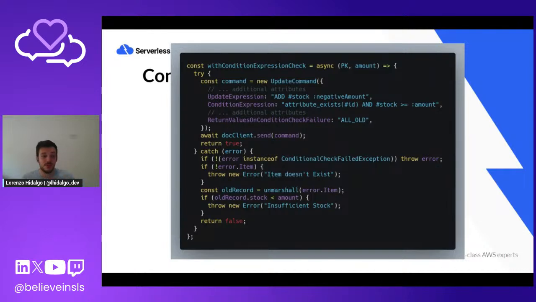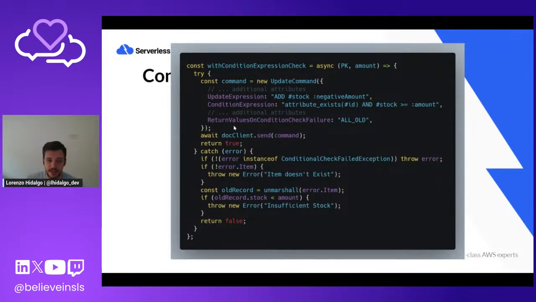With this, and it's a real lifesaver when working with condition expressions, you tell DynamoDB, please execute this update command, but only if this condition is met: the attribute exists and the stock is bigger than the amount I'm requesting. And if the condition expression fails, then please return me all old attributes,